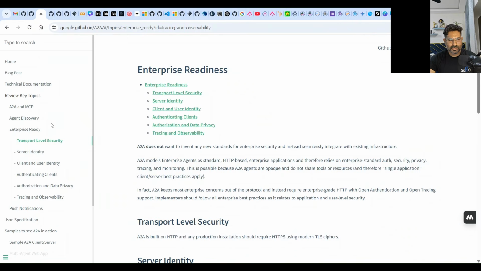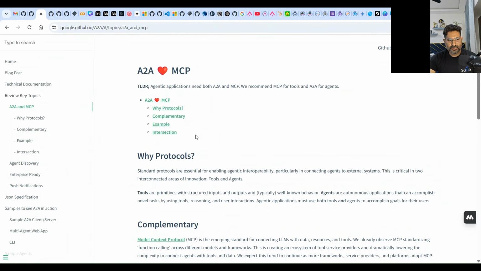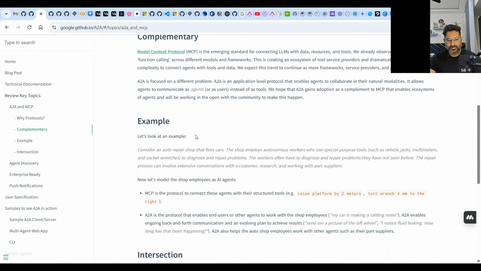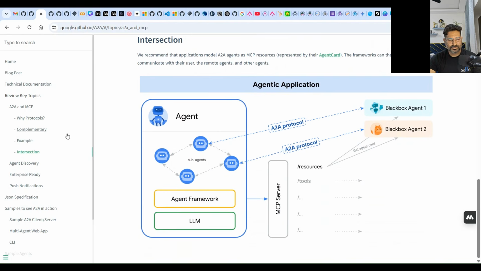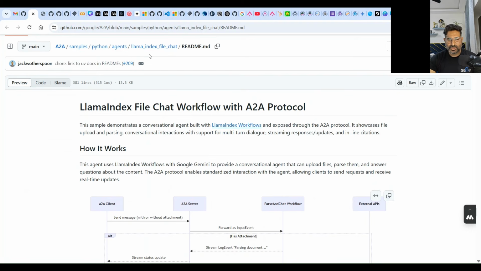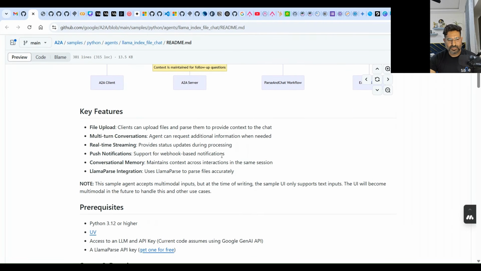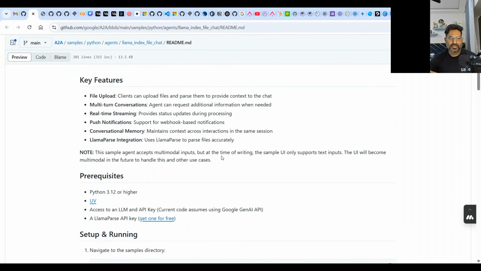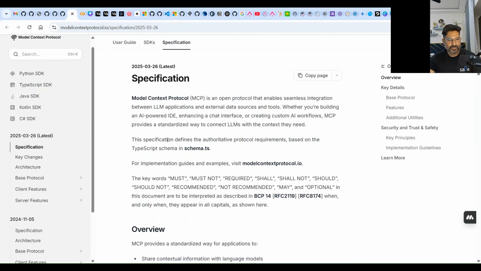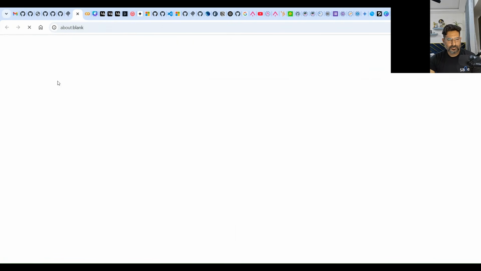But before I go there, I wanted to show quick GitHub links, which you'd love to see. It explains how the interactions work, why we need these protocols, and the real-time use. If you want to start playing with it, you can utilize that. Not only interaction, you can ask it to perform certain tasks as well. You can upload a file, and it starts doing those actions because it has those capabilities. And this is the MCP one. I love this MCP one.